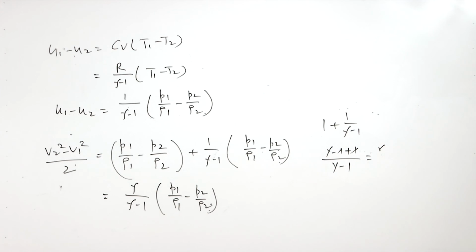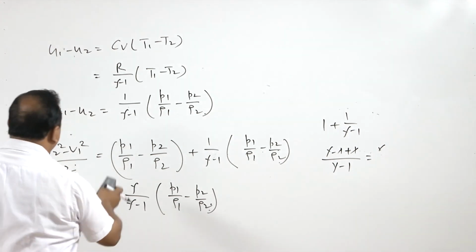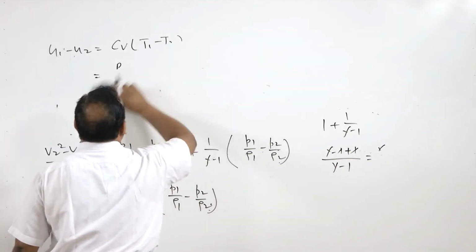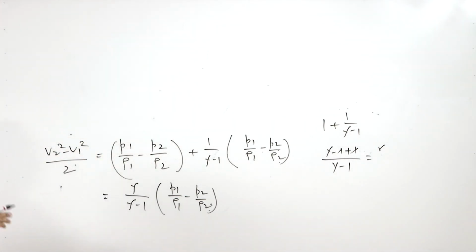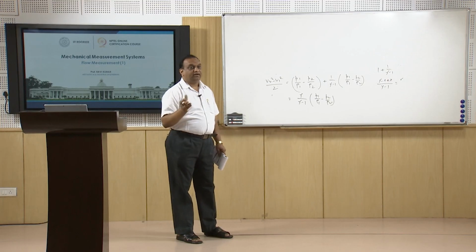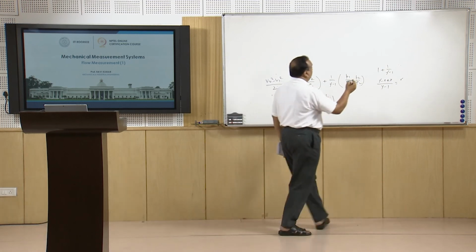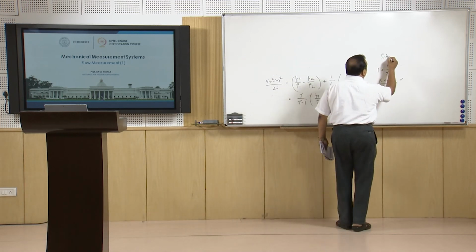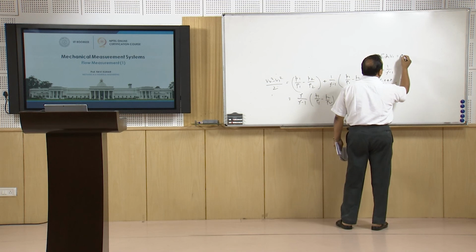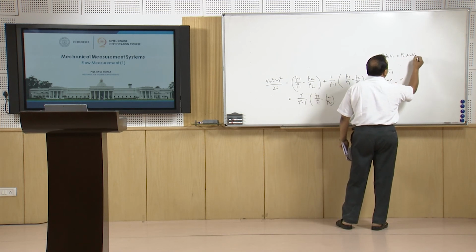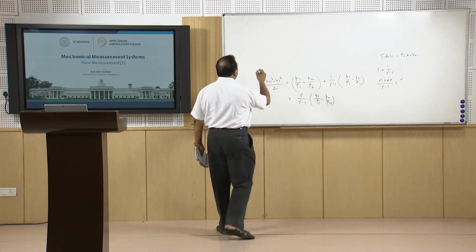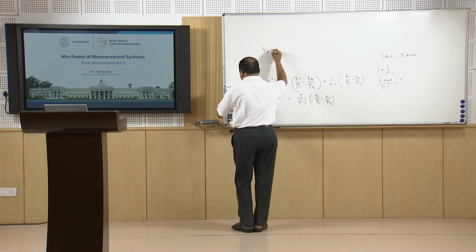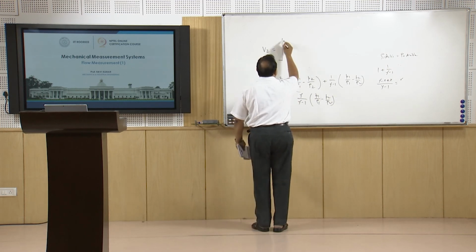Now, what is remaining is finding out the value of V2, and again we will use the same continuity equation: rho 1 A1 V1 is equal to rho 2 A2 V2. Here density will also come into account. So rho 1 A1 V1, V is velocity, equals rho 2 A2 V2. Now using this equation, the final expression can be written as V2 is equal to under root